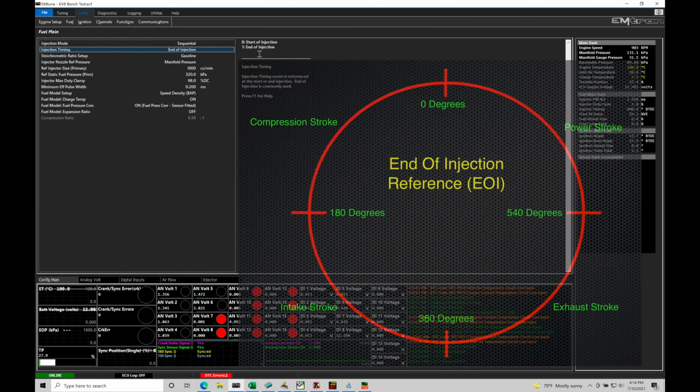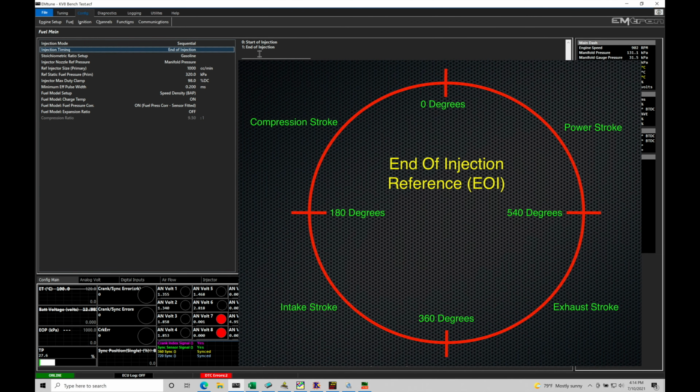So coming up on screen, we're going to find that I have this circle. This represents the AutoCycle in terms of the degrees and the different strokes. What we're going to find here is that what we would traditionally expect, 0 degrees or TDC between intake and exhaust strokes, is now going to be 360 degrees. And if we're moving through the AutoCycle, we have 0 degrees between the compression and power stroke. The way this is going to work is that we start at that 0 degree mark between compression and power, and we work our way backwards